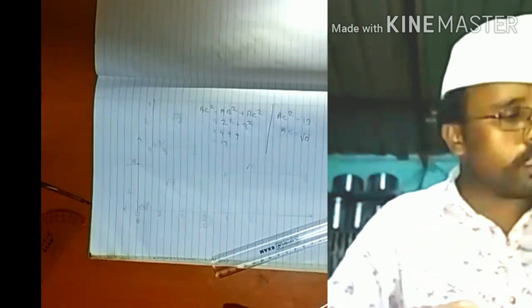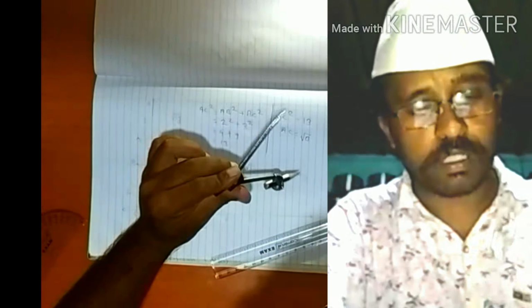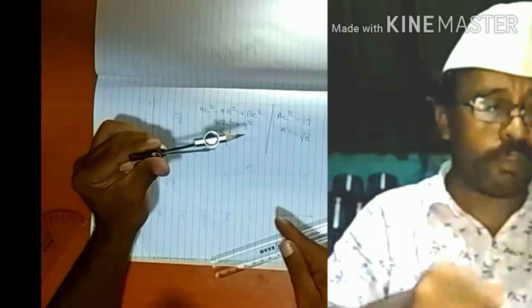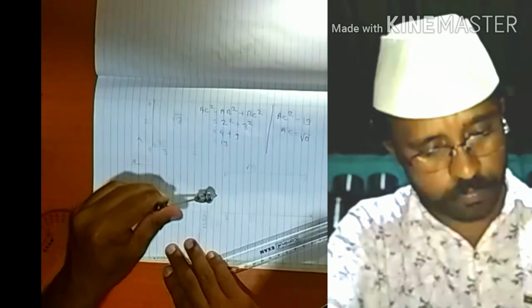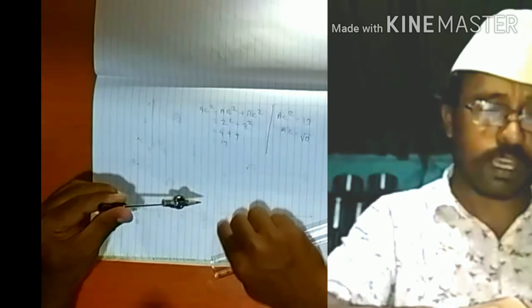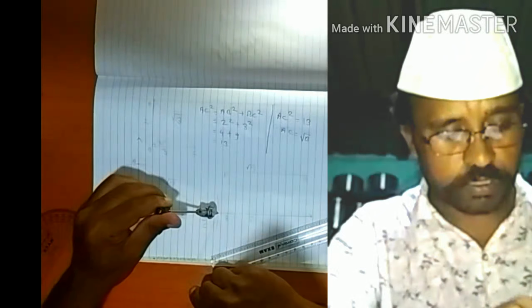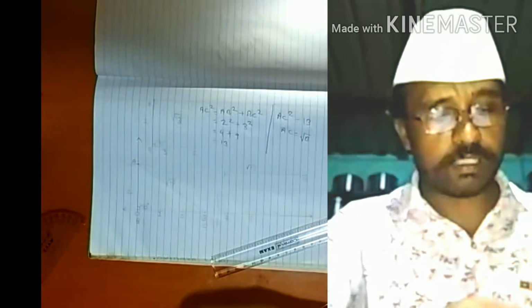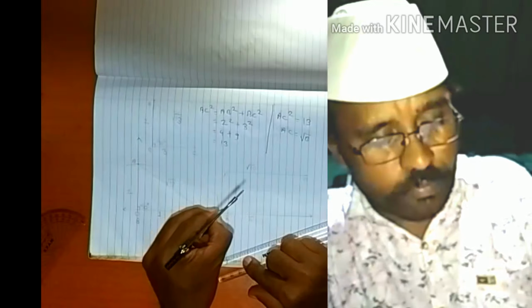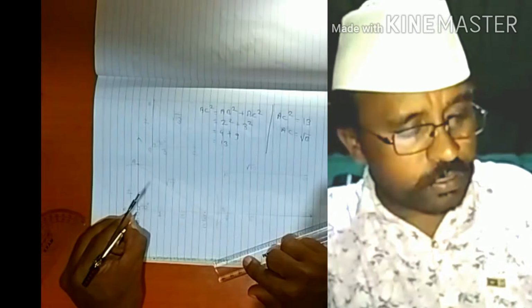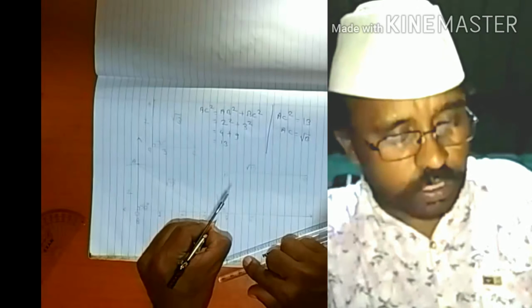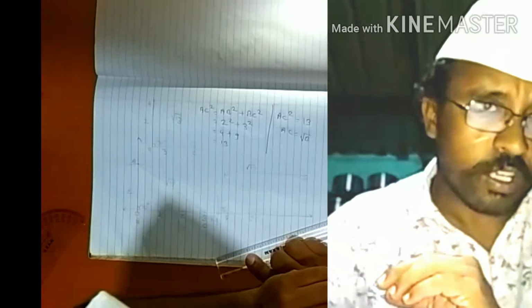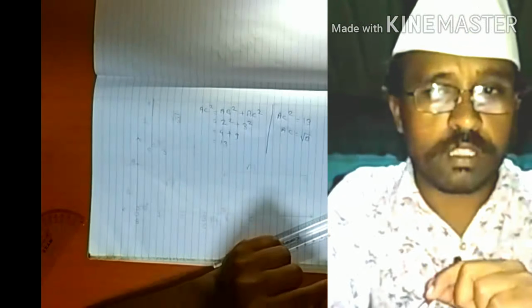Means this distance is root 13. So the same distance we have to show on this line. This distance is available in compass. We have to show root 13 units away from 0, means we have to put the tip of the compass on 0 and draw one arc. 0 to this arc is root 13 units, means this point which is intersecting the number line, let's say at point D. This point D is root 13 units away from 0, means this is nothing but root 13 on number line. Got it, students? I hope you have understood this.